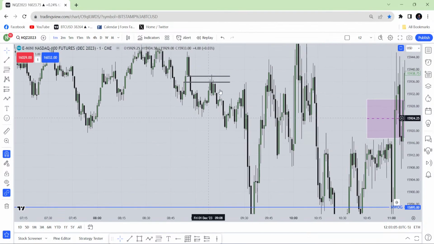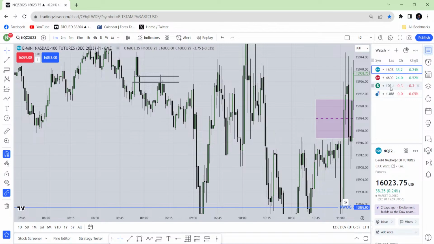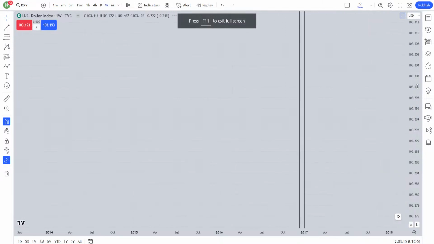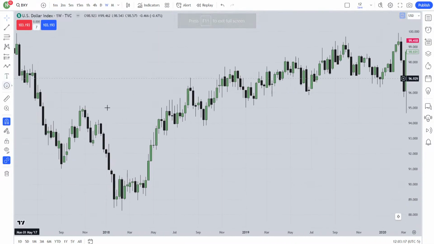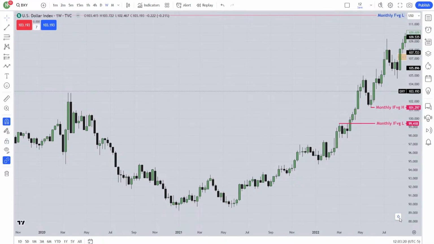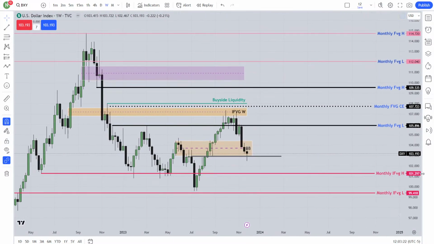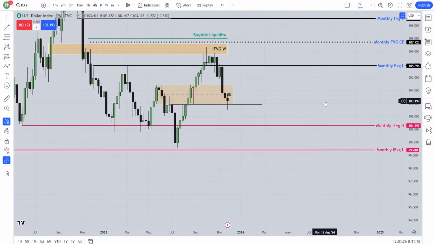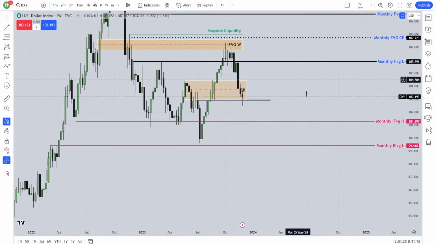I will talk about this IFVG later, but before that I would love to complete my weekly analysis. Please don't comment, because I will ask you. If you have any confusion or any question, please write it down in your notebook. Then later tell me which time frame I have to go to. Then I will go over there and talk about that.